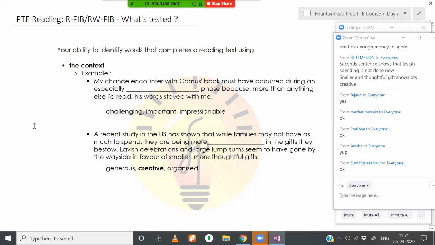So after practicing all these fill in the blanks questions, you have to come back and review it. While reviewing, you have to ask yourself these questions. Why did I make that mistake? Why do you think it's creative? Why not generous? Ask yourself, try to answer that question. If you are able to successfully do that, and if you're able to continue that process for about, let's say, 50, 60 blank questions, then you are at a very good place.